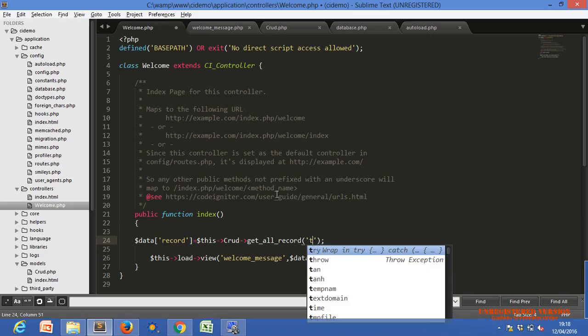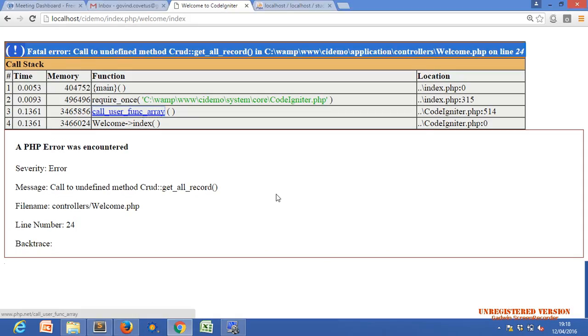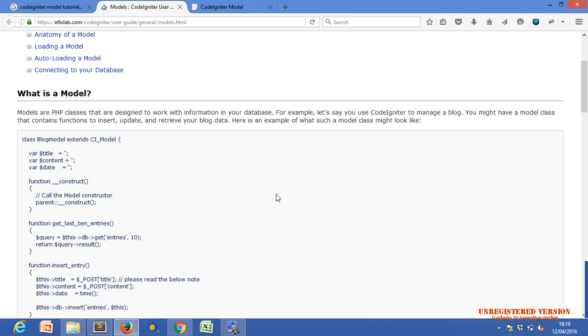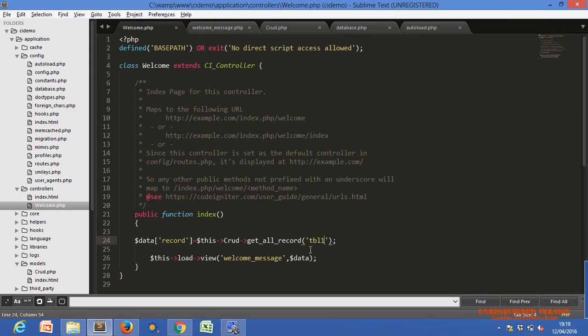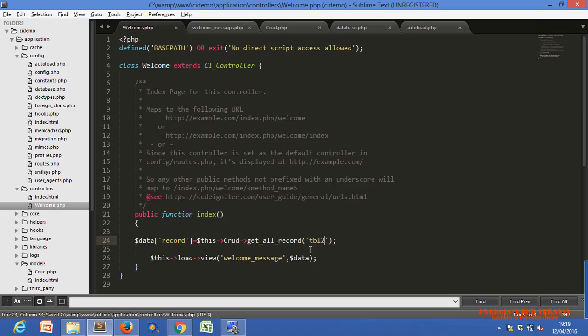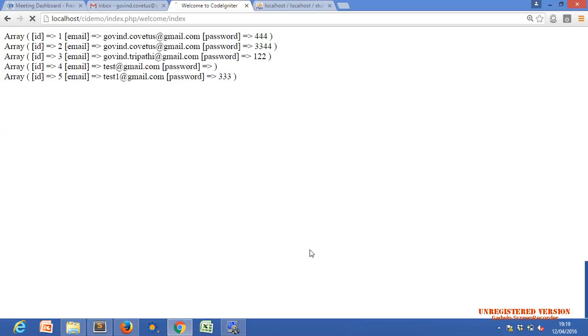Right now, let's say I pass TBL1. Now we get different records. It is working for different records. Now again I'll use TBL2, the old table, and we will get different records.